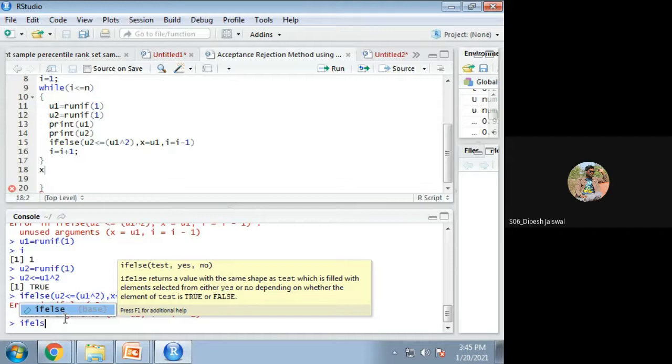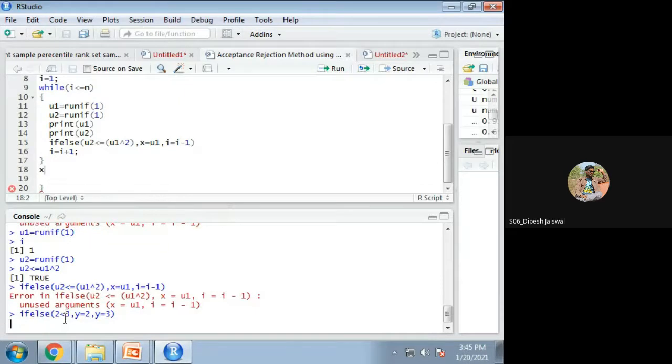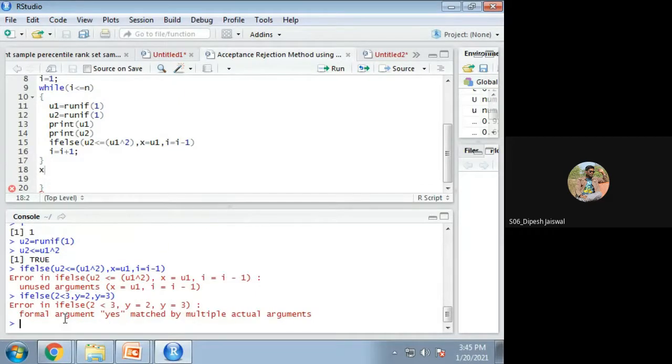If this given condition is true, then it should give x equal to u1. Then why is it not taking? If 2 is less than 3, y equal to 2, else y equal to 3. So yes, it isn't able to understand. Is it?